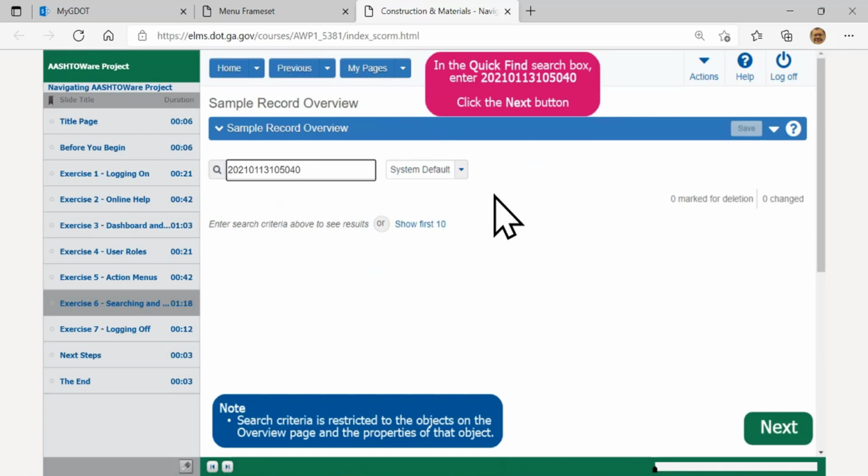Usually in the live environment, it'll start searching after you type in the third character. But here with our CBT, I'd like to move forward by clicking on the next button.